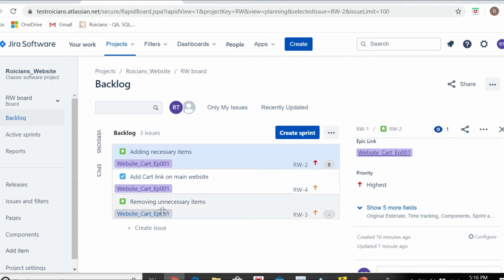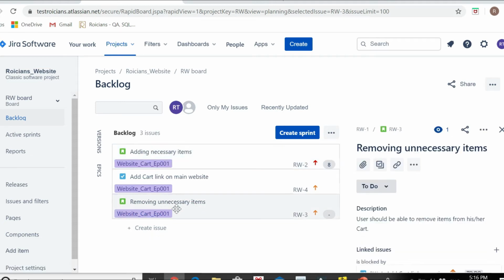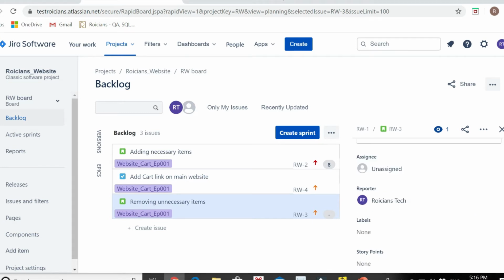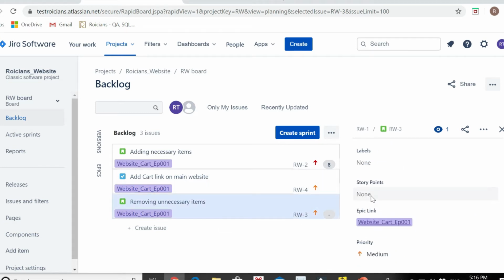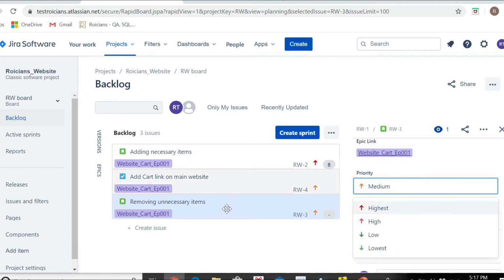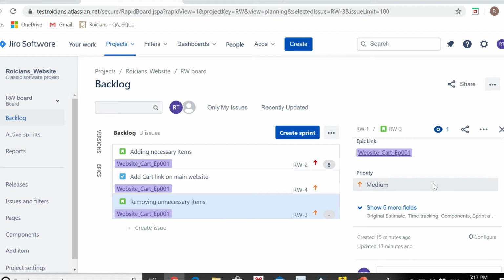Then I come to this other story here. They're going to prioritize this story also, because prioritization will be done first. Here also story points will be allocated to this requirement. Let's say I'm saying 3. It's not that complex. I'm just taking hypothetical examples, guys, just to show you how it works. So the Scrum team will allocate story points to all the stories and accordingly prioritize them. Let's say the priority of this requirement is medium. So the Scrum team has decided that this is of medium priority.